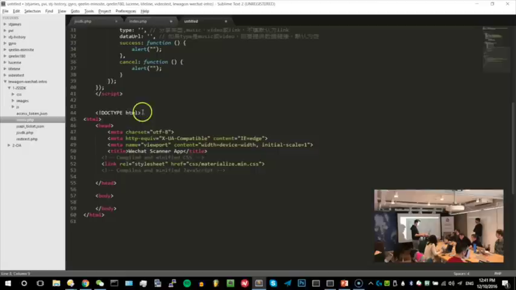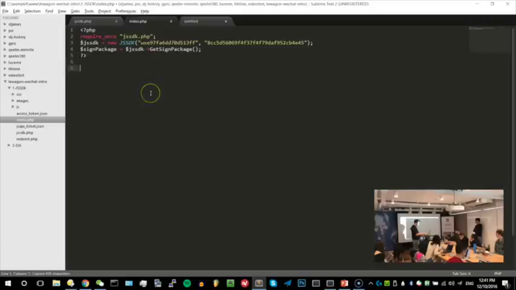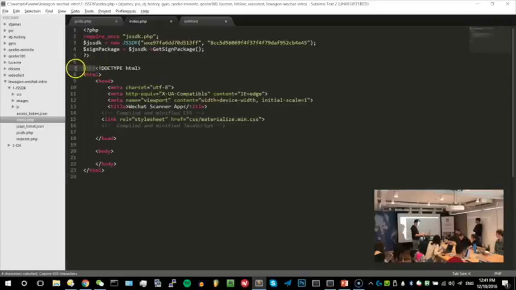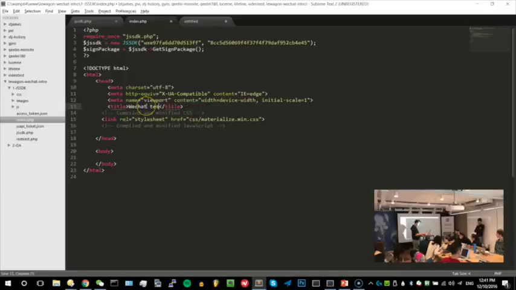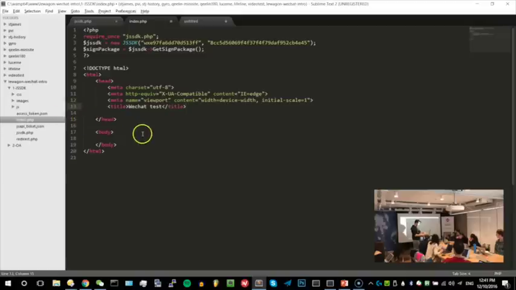So what we're gonna do is create a simple web page in HTML. So I'm gonna copy this code. WeChat test. Okay. We don't need this one, and I'm gonna paste that.